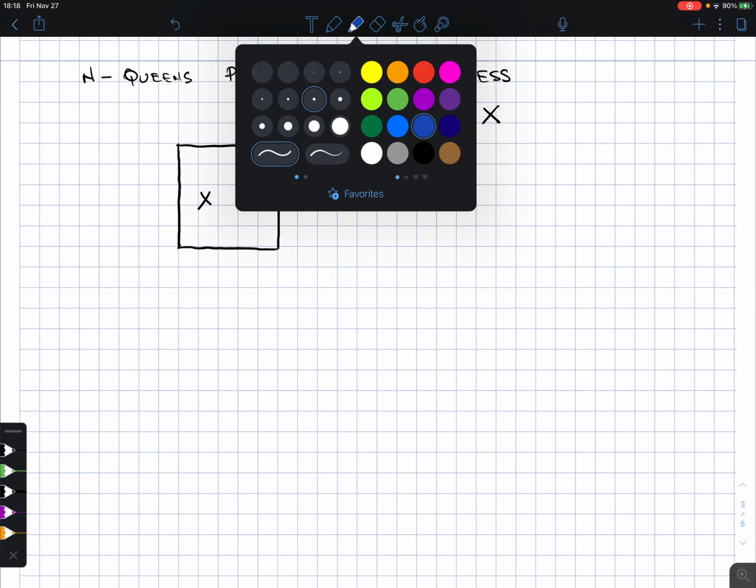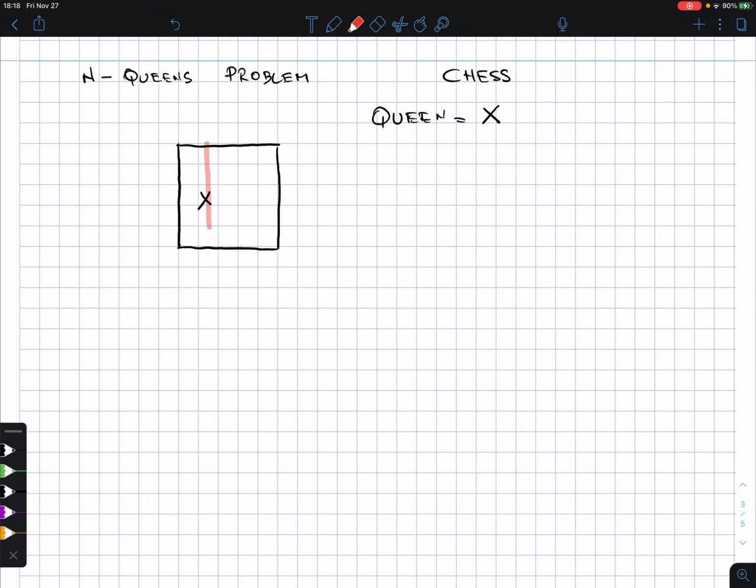Let's make this red. The same column, in the same row, but also in the same diagonals. This diagonal, and this diagonal. So pieces that are on each of these squares here, and these two, can all be captured by the single queen. So if you want to hide from the queen, you have to go in one of